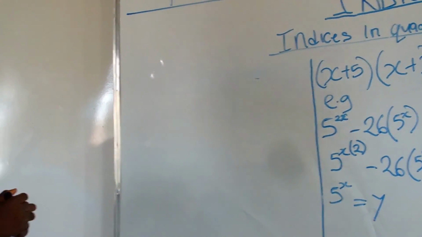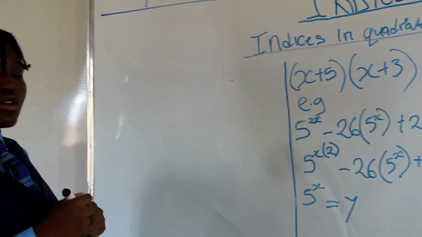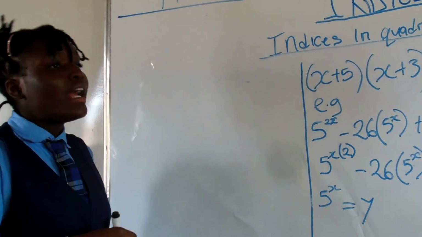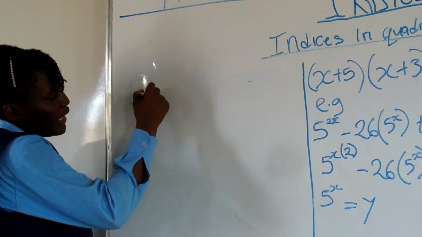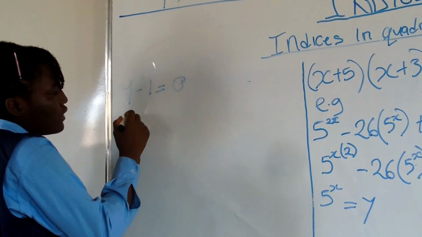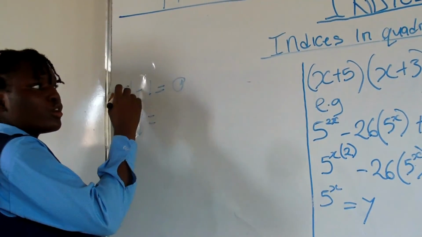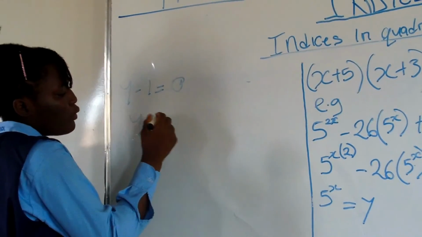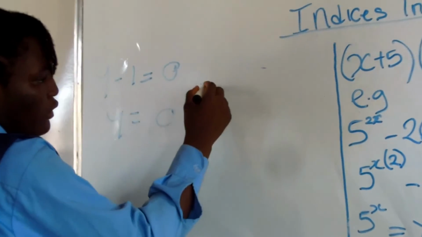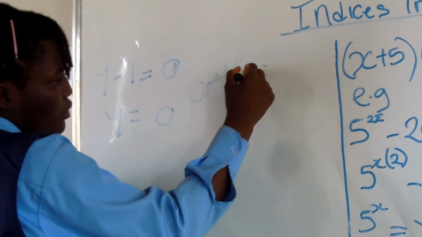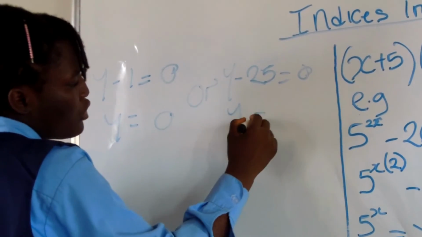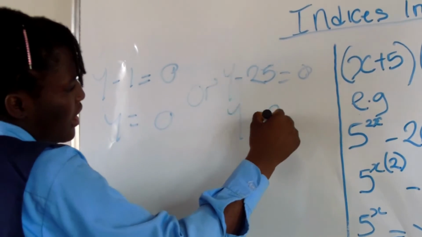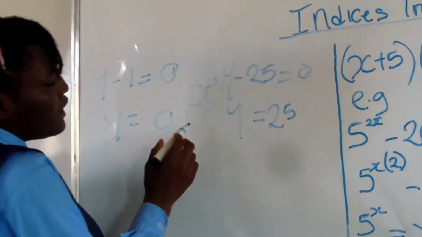Because we are not yet done, we need to find the values of y, and y will have two values. So now we say y minus 1 equals 0. So y equals 1, as 1 jumps over the equality sign. Or y minus 25 equals 0. So y equals 25, as 25 jumps over the equality sign. So y can either be 1